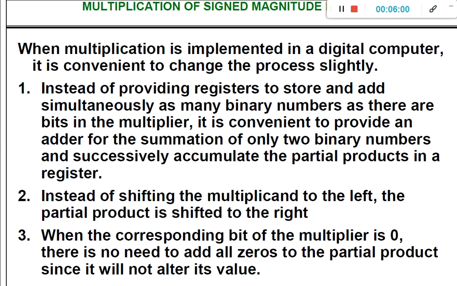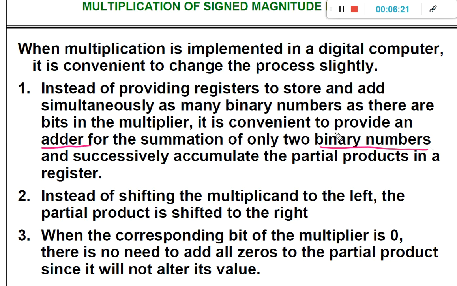How to change the process? Step number 1. Instead of providing registers to store and add simultaneously as many binary numbers as there are bits in the multiplier, it is convenient to provide an adder for the summation of only two binary numbers.